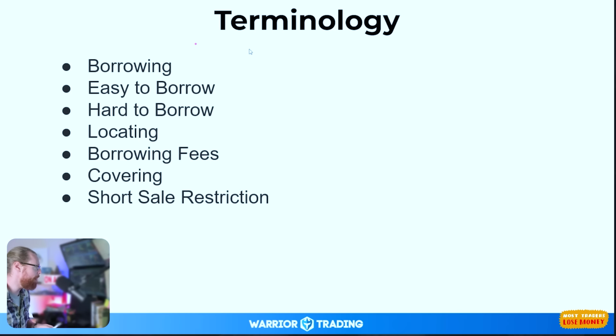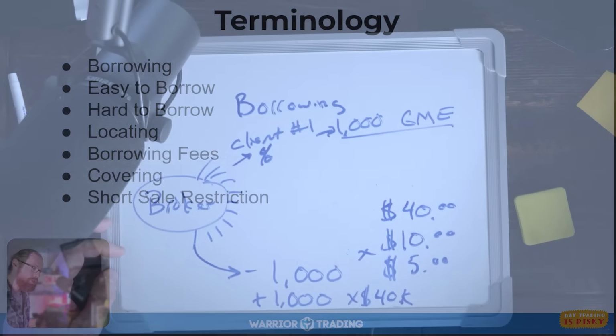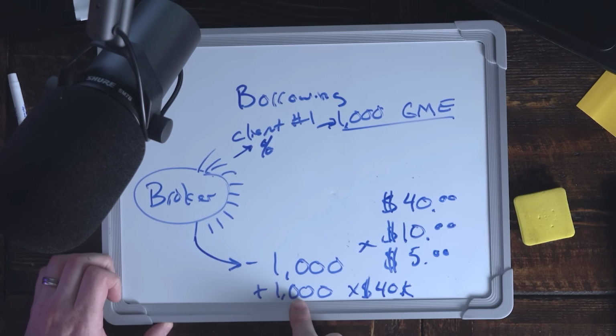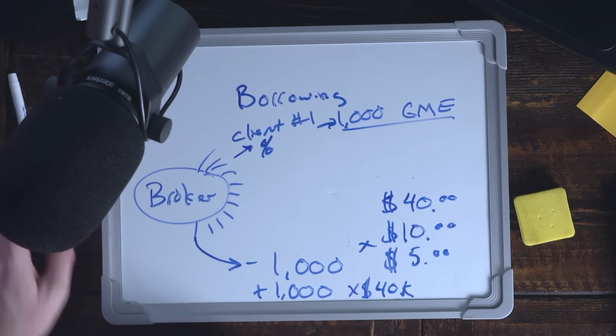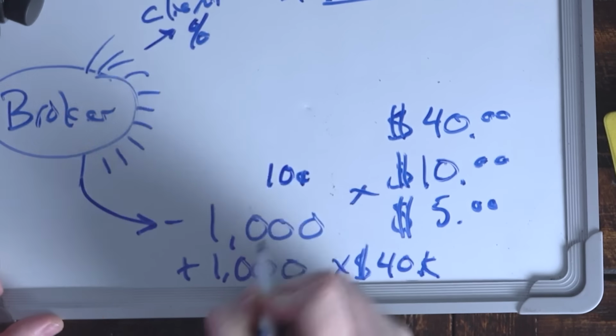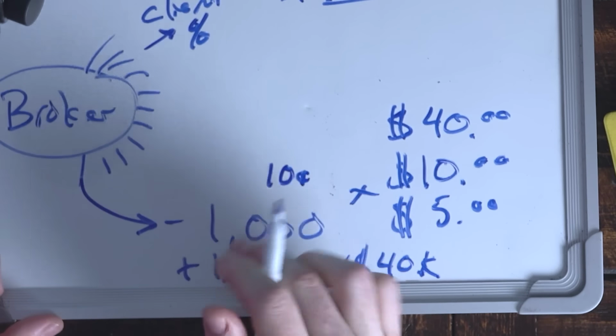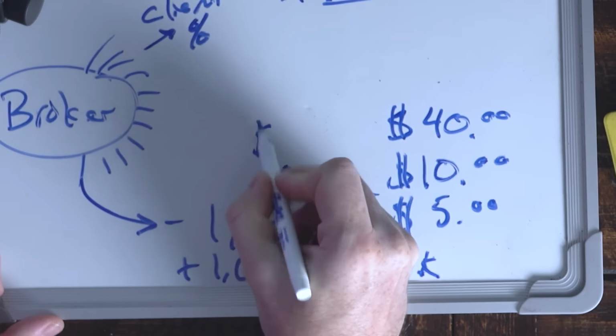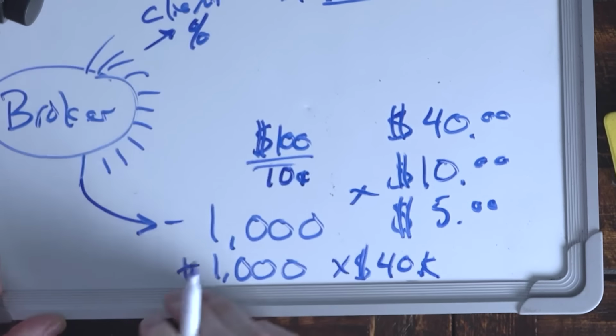Okay, so we already talked about borrowing. Borrowing is when you borrow, and we talked about the borrowing fee that your broker will charge you. These fees, by the way, are charged on a per day basis. So each day that you continue to hold this position, you're going to have to pay your broker that fee. Now, a common fee is 10 cents per share. So 10 cents per share with 1,000 shares, you're going to be paying $100 per day to borrow this stock,